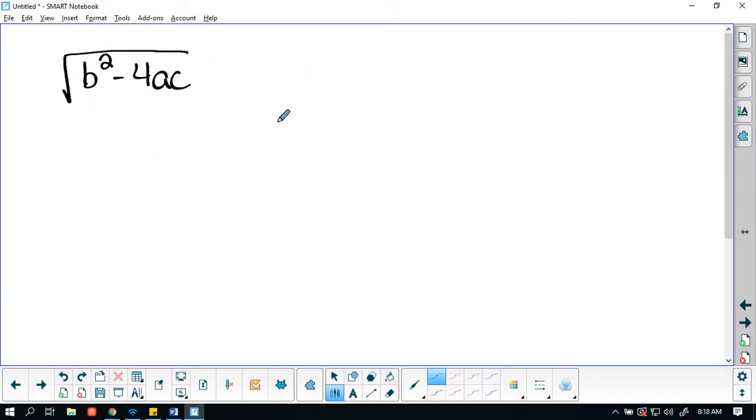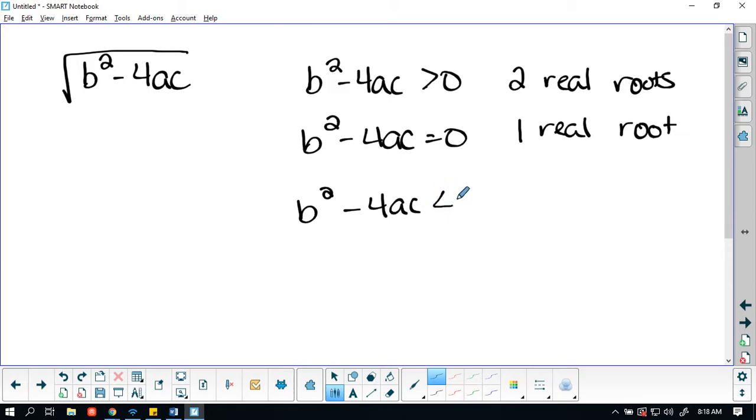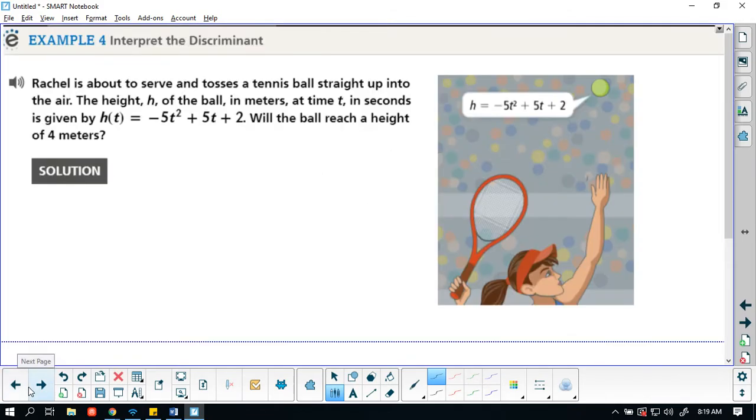So what's happening in the square root, b squared minus 4ac, can determine the type of root we're going to have. If this is greater than 0, we're going to have two real roots. If this is equal to 0, we're going to have one real root. And if the discriminant is less than 0, we're going to have two complex roots. All right, so just a quick reminder of what those are, because we're going to be using this idea in